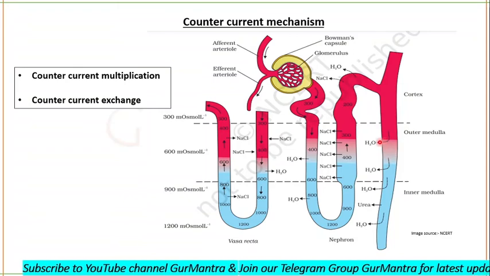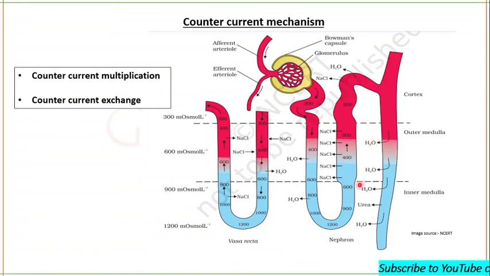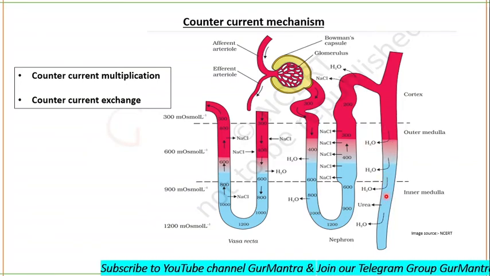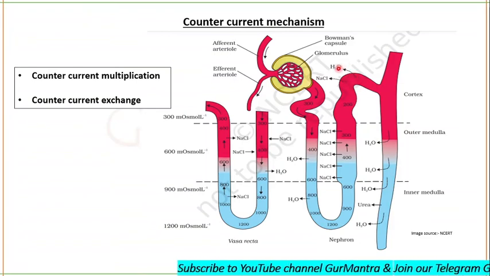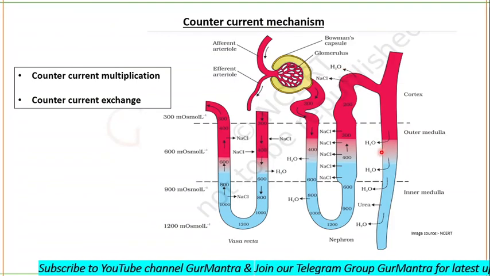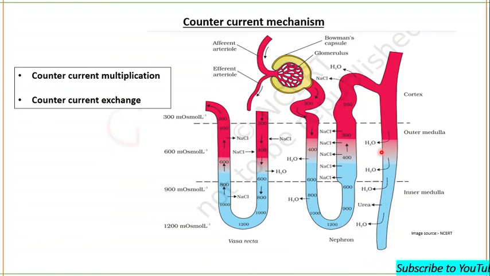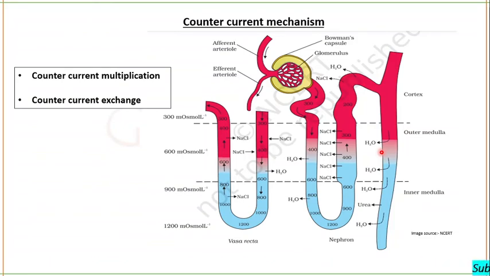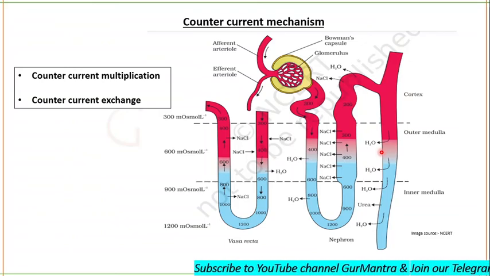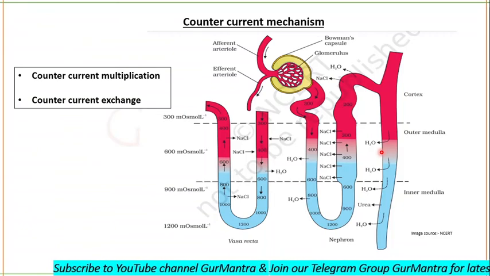Water is moved out of this collecting duct into the interstitial space, and the urine that is formed in this collecting duct is concentrated. Remember this thing. This water cannot come out of this collecting duct unless antidiuretic hormone is working here, also known as vasopressin. This hormone works only when there is less fluid intake or more fluid has been lost by our body.